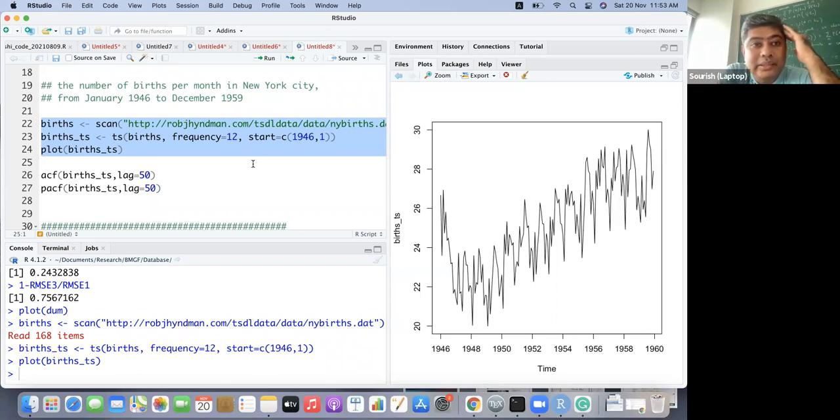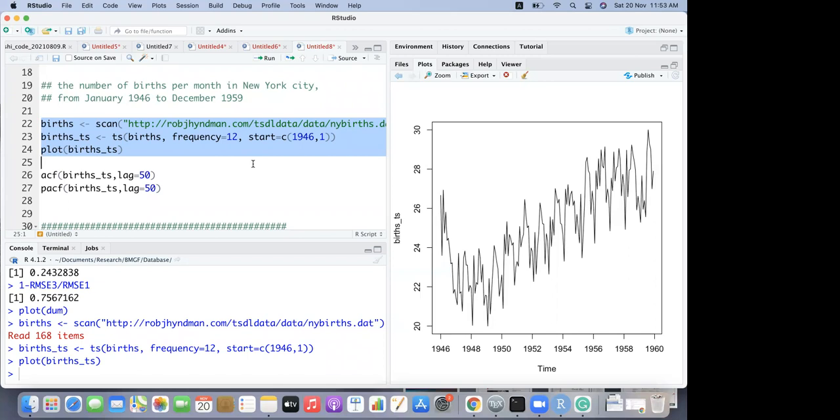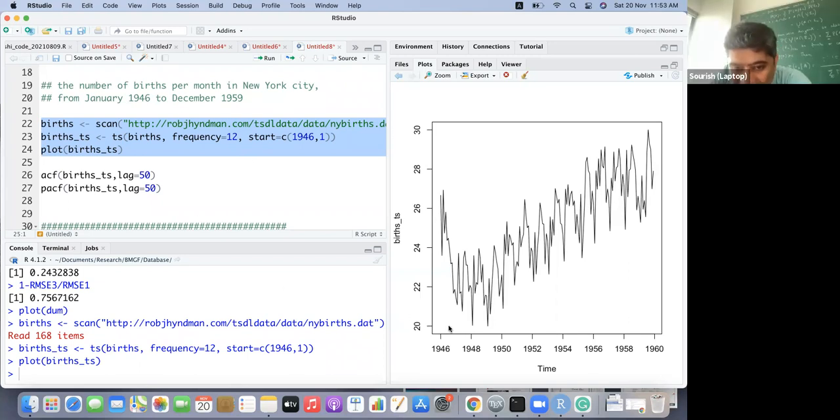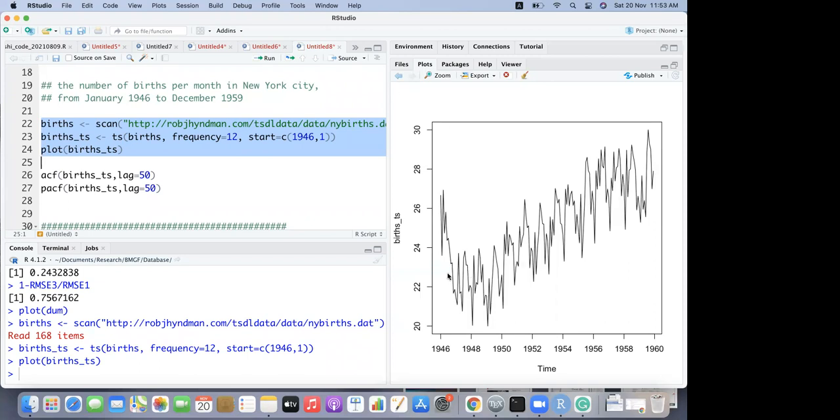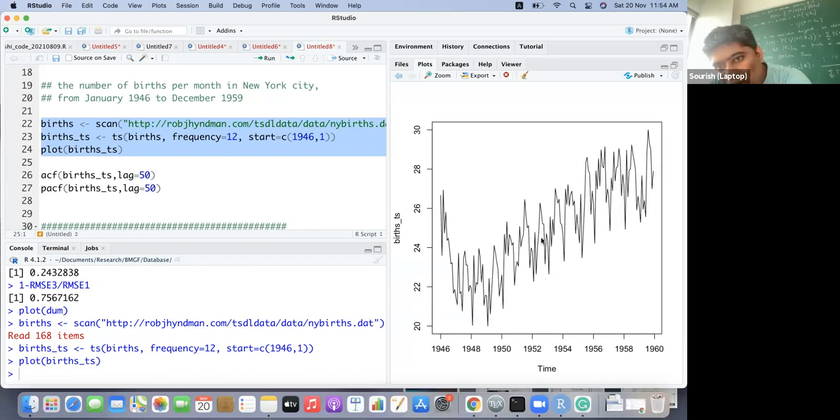All right. So I am going to share. Sir, in this birth data, should we omit the first 5 years? Yeah, you can try, but not the first 5 years. You probably omit 3-4 years. The first year, 1946? Yes, 46 to 47, then 47 onwards.